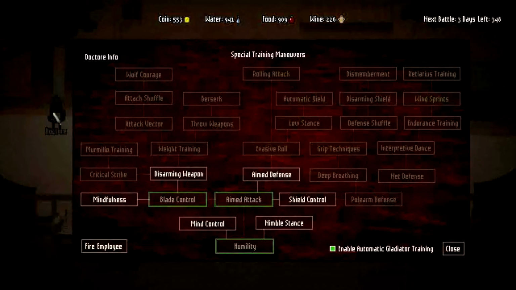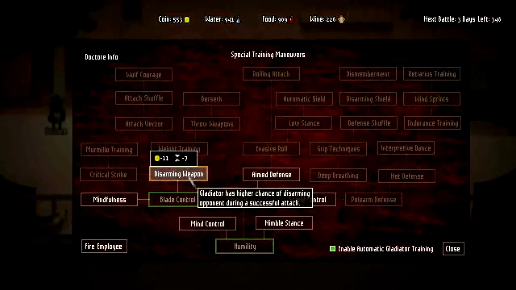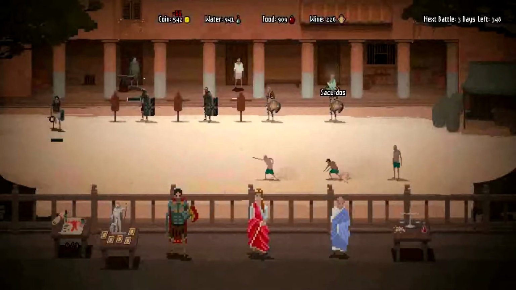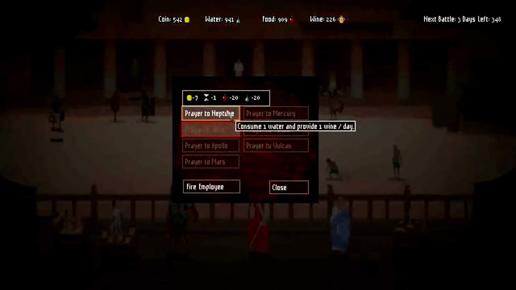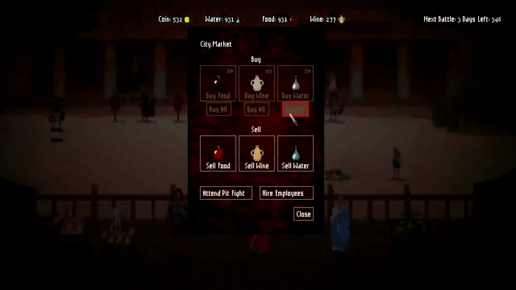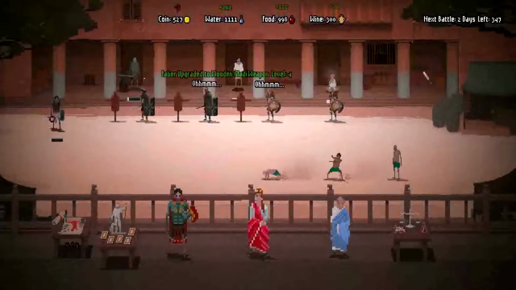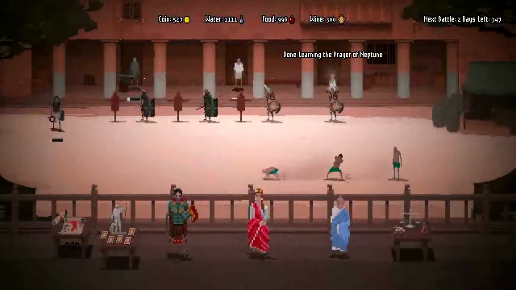And we've researched blade control, which I think is just more damage, so I'm going to go for disarming weapon. So sometimes you can disarm the opponents, which is quite nice. I should get the Prayer to Neptune, which is only one wine a day, but I suppose it's better than nothing if you're sitting there doing anything, you know? Okay, so we're just ticking along here. It's 2 days until our next battle, so...